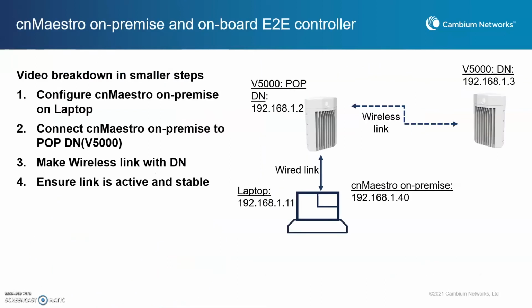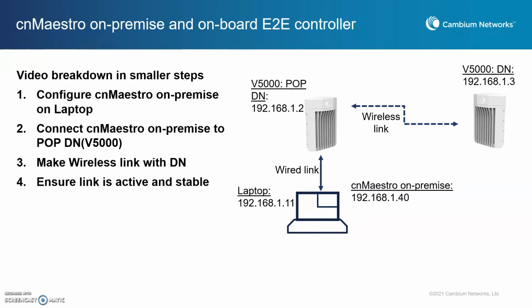So in this lab session, we are going to focus on cnMaestro on-premise and the onboard E2E controller. This video is broken down into 4 easy steps. The first one is configuring cnMaestro on-premise on the laptop. The laptop is configured with 192.168.1.11, and on that I'll be installing cnMaestro on-premise using VMware. And the IP address that will be assigned over there is